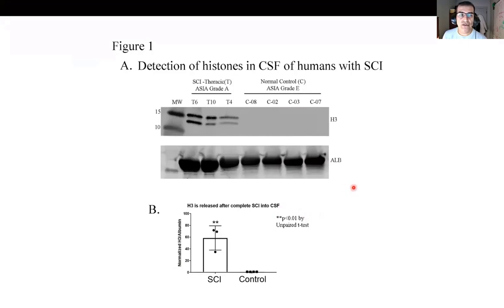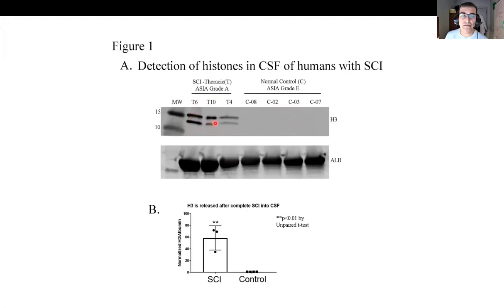So, in order to do this, we first obtained human CSF fluid from patients with spinal cord injury. These were patients that had an acute injury. The CSF was collected within 24 hours. They had thoracic injury with an ASIA grade score of A, and we compared it to patients who have no injury and an ASIA grade score of E. When we probed for histone H3, we observed that histones are indeed being released in the CSF of patients with